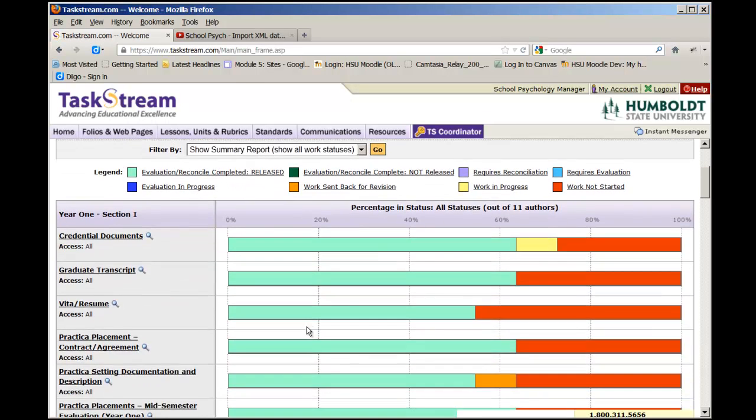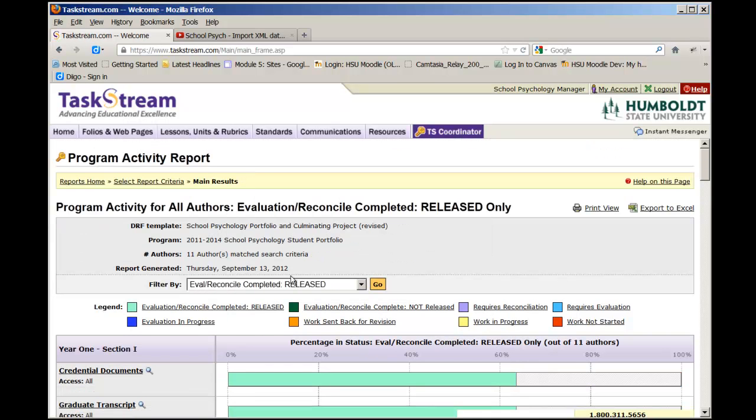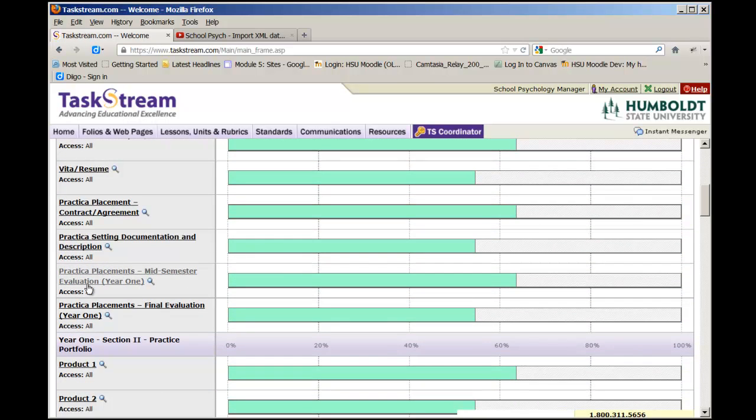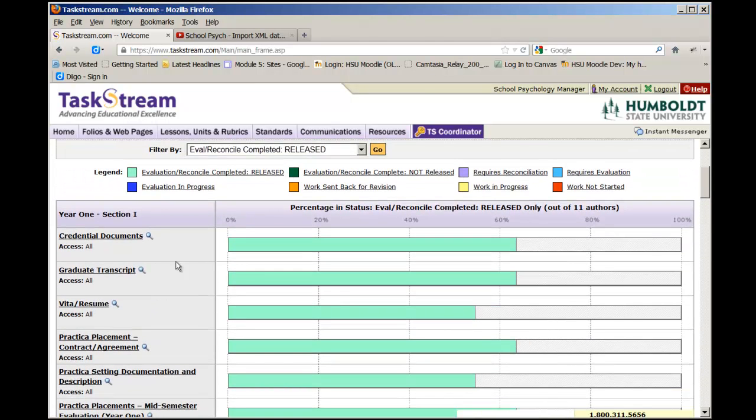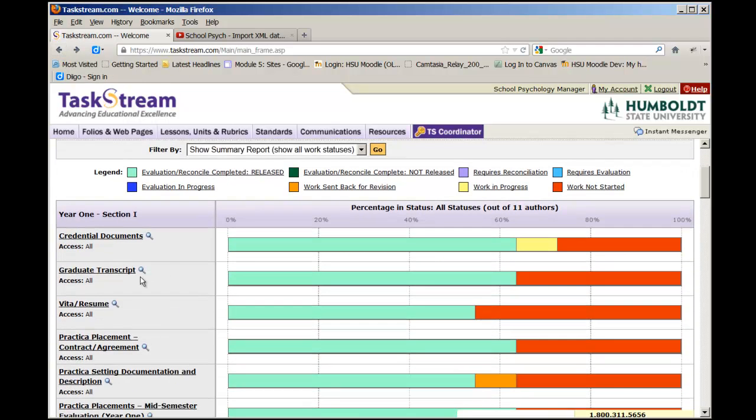Alright, so if we scroll down, you've got this nice color-coded key, and if I were to click on Evaluation Reconcile Completed Release, for example, it's going to drill down and generate how much, for example, credential documents. We've got a little over 60% of credential documents that have been reconciled and completed. I'm going to click back, and you can see